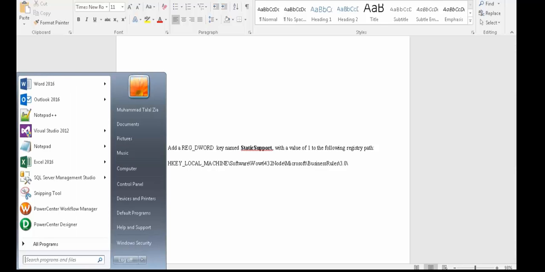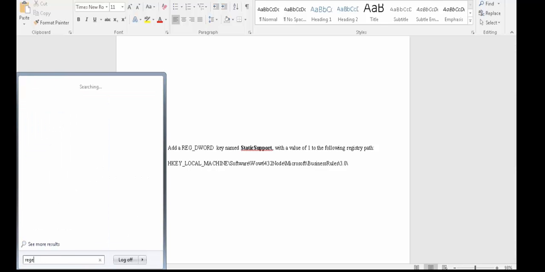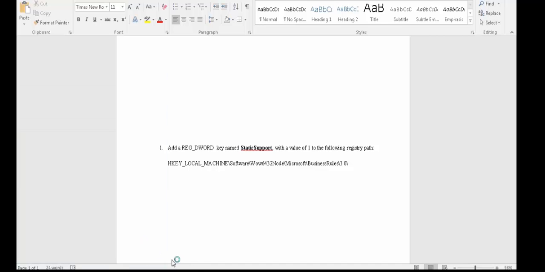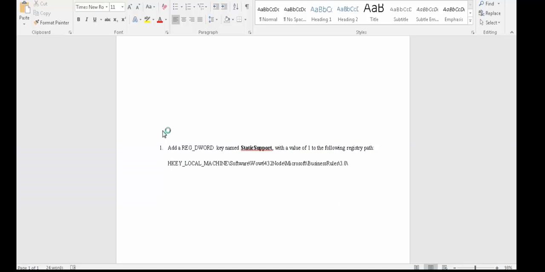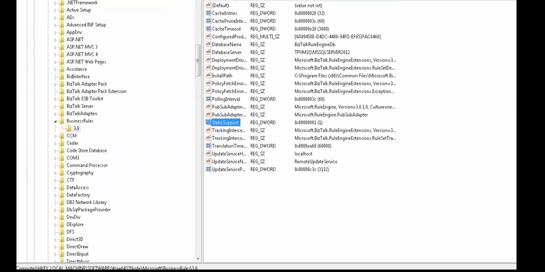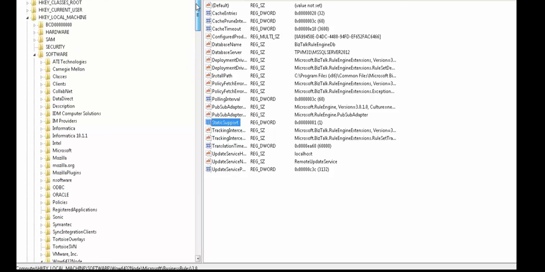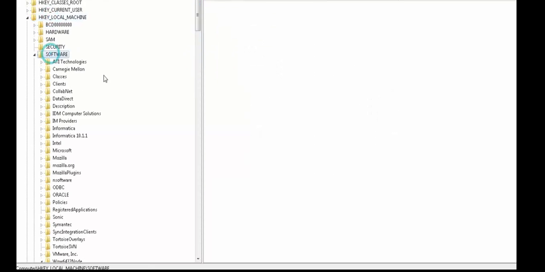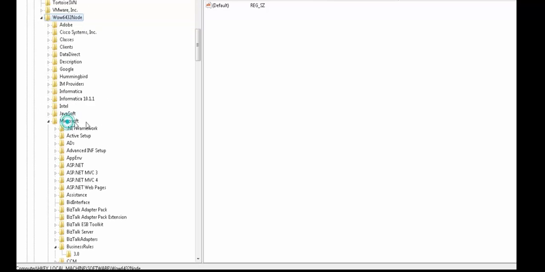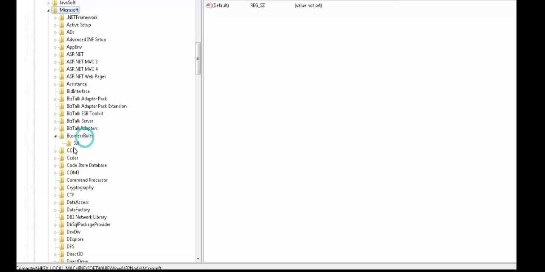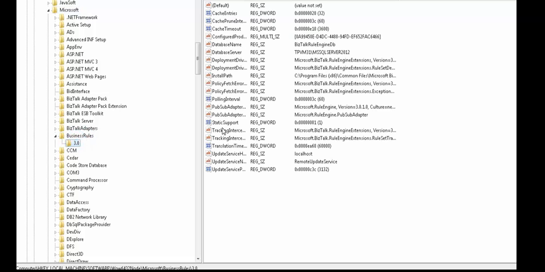First we need to open the registry editor so that we can add the static support variable in it. And then we need to go to the given path so that we can add this particular variable at the correct location, and this is required for calling an external assembly from the business rule engine. So I have added a static support variable with value 1,